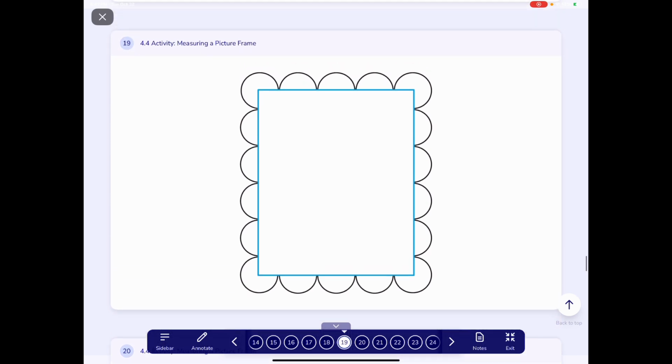So here's our picture frame. And so take a look. What do you notice? First, what do you notice? Pause the video and think about what shapes you see here. What shapes do you see here? Well, there is a rectangle, but if you're trying to find